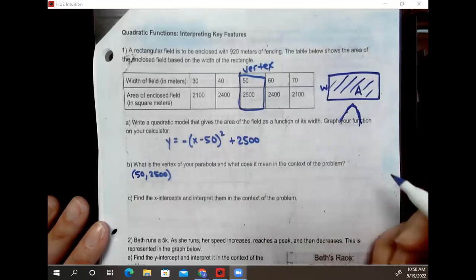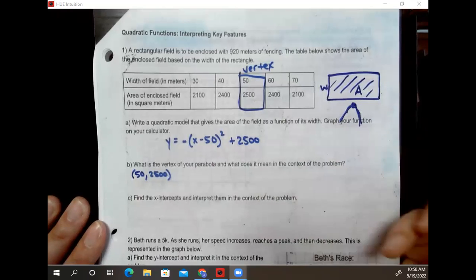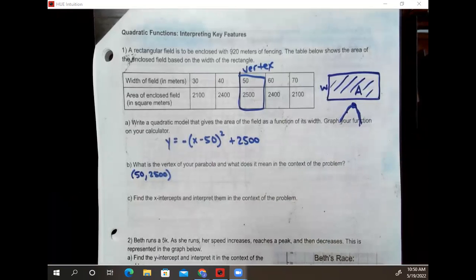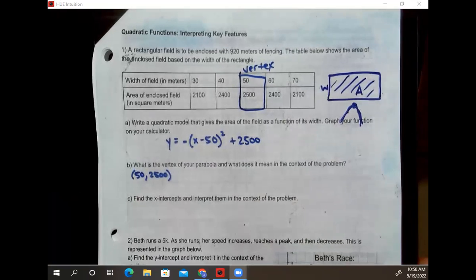So my parabola opens down. That means that this is actually the greatest area that we can have. So that is a slight change from when we talked about linear functions. Linear functions don't have a maximum or a minimum, but parabolas do, quadratic functions do. So when I'm talking about it, I want to make sure I mention that this is the maximum or minimum value for whatever that y